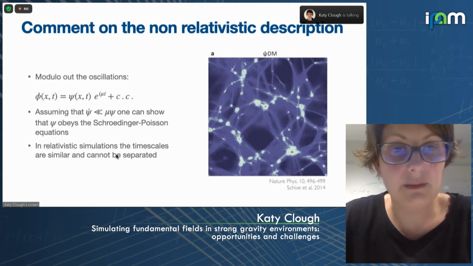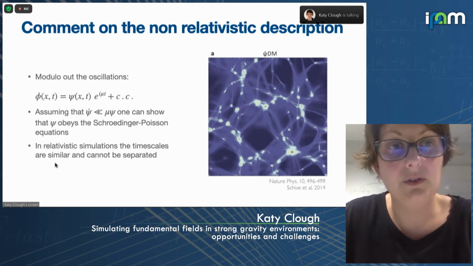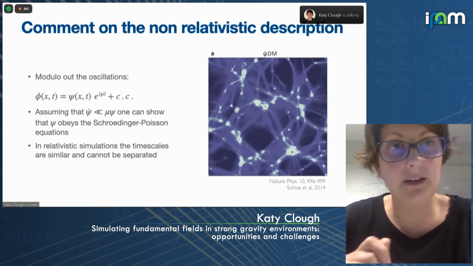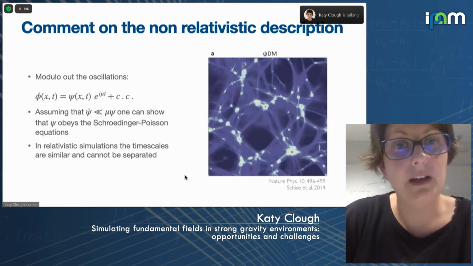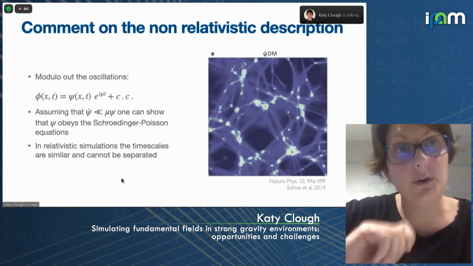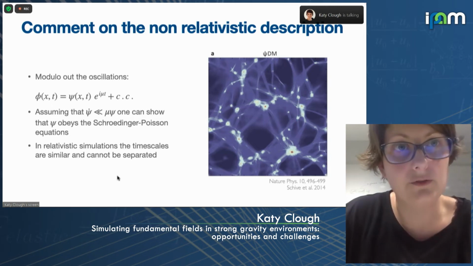So in relativistic simulations, which I'm going to be talking about, so around black holes, these timescales are not different, they're similar. And so we can't separate the fields out in this way, which is the real limitation of these kinds of simulations. Essentially, the very long timescales that you need to follow. So you have to really follow every oscillation of this field. You can't average over these oscillations, which allows you to do these very long timescale simulations. You have to really follow those individual oscillations because they are on the timescale of interest.